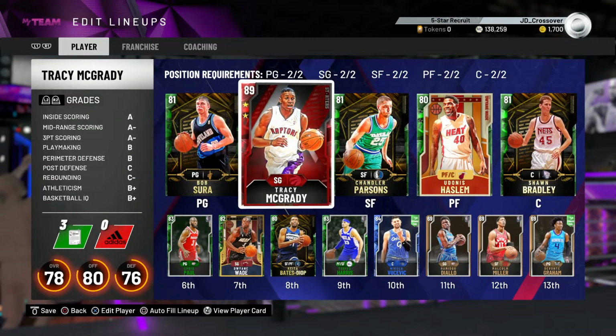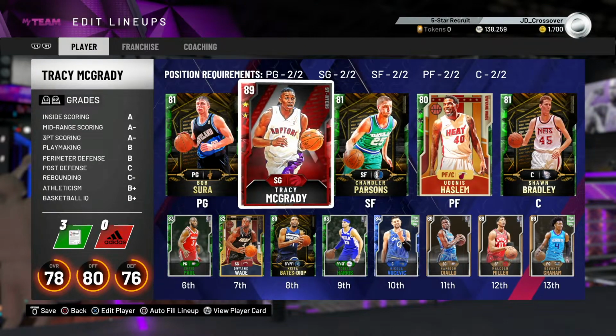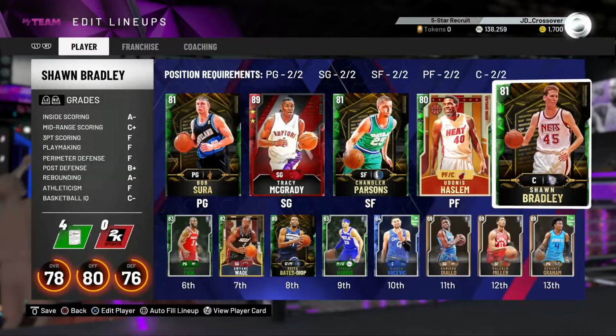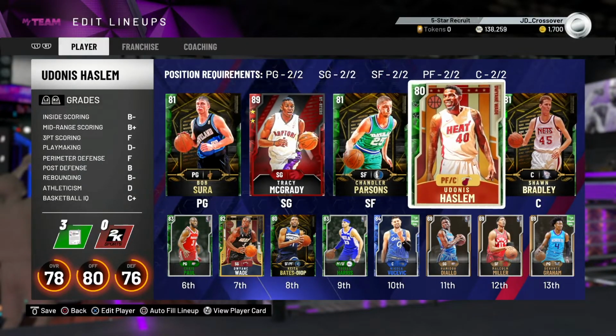So the plan for this Udonis Haslem gameplay, we've got T-Mac in the starting lineup, of course, because we're going to need the best players out there that we can. This Sean Bradley, by the way, is an absolute beast. One game, but he got 13 rebounds and 3 blocks. Very impressive. The plan is to really stretch out the lead with these guys, get Haslem as many points as he can,